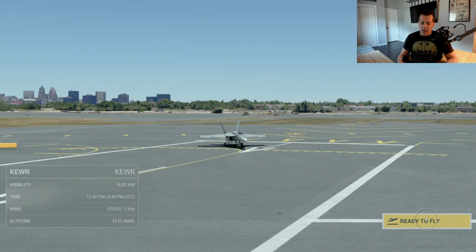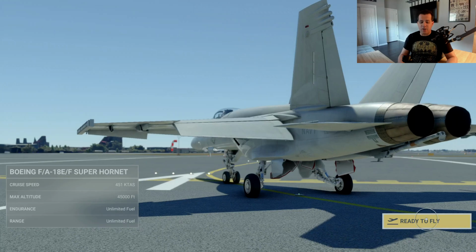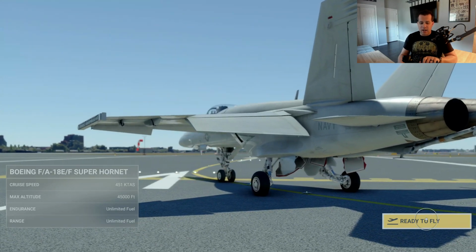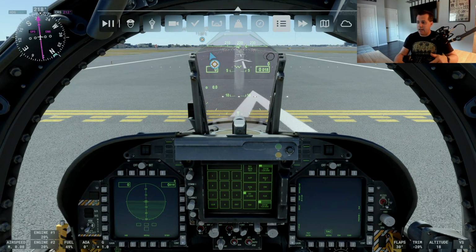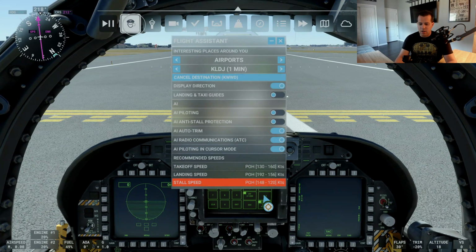Okay, so we are ready to fly. We are on runway 22L in an F-18 Super Hornet. Okay, so first thing I need to do here is get rid of some of this stuff. We're going to turn off objectives and turn off some of the in-flight auto assistant things that I just don't need. So let's go over to flight assistant and let's turn off,